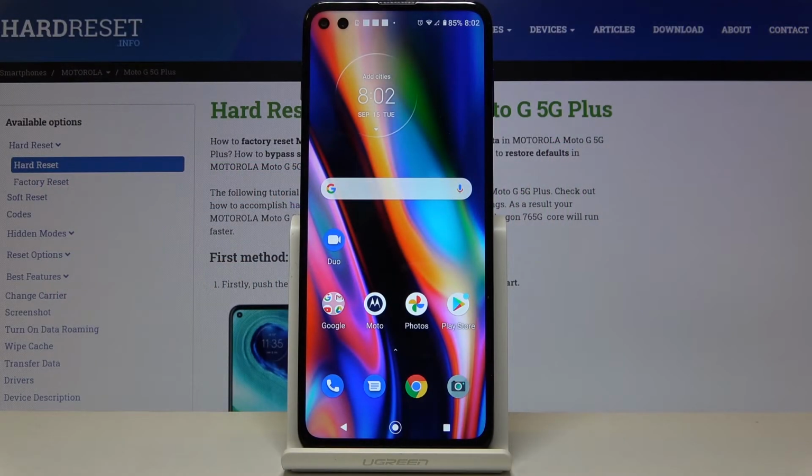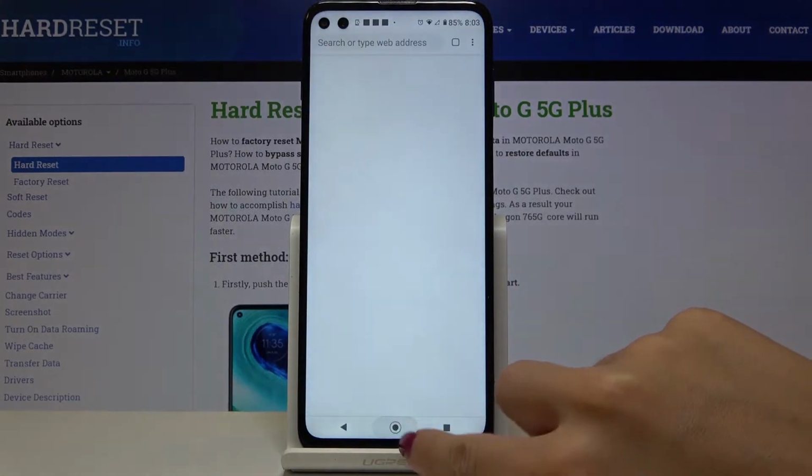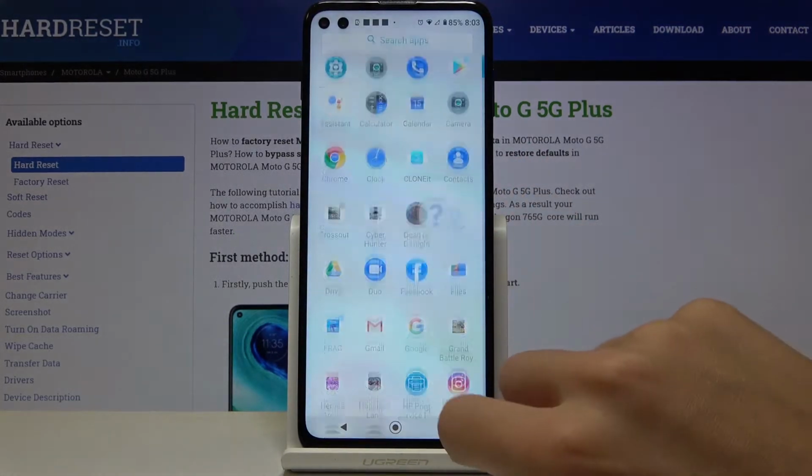And in front of me is Motorola Moto G 5G Plus, and let me show you how to activate or deactivate touch sounds on the following device. So as you can hear, currently they are muted, so you cannot hear any touch sounds here,